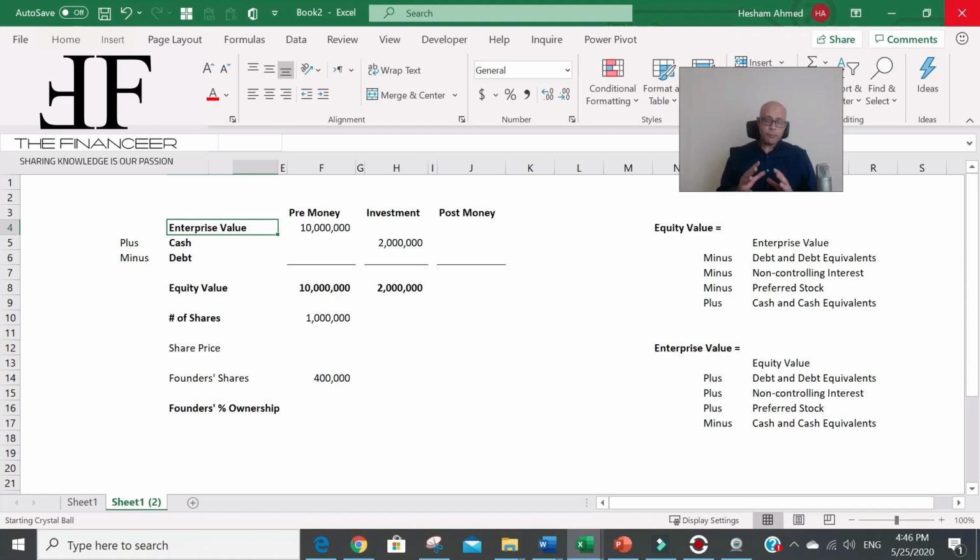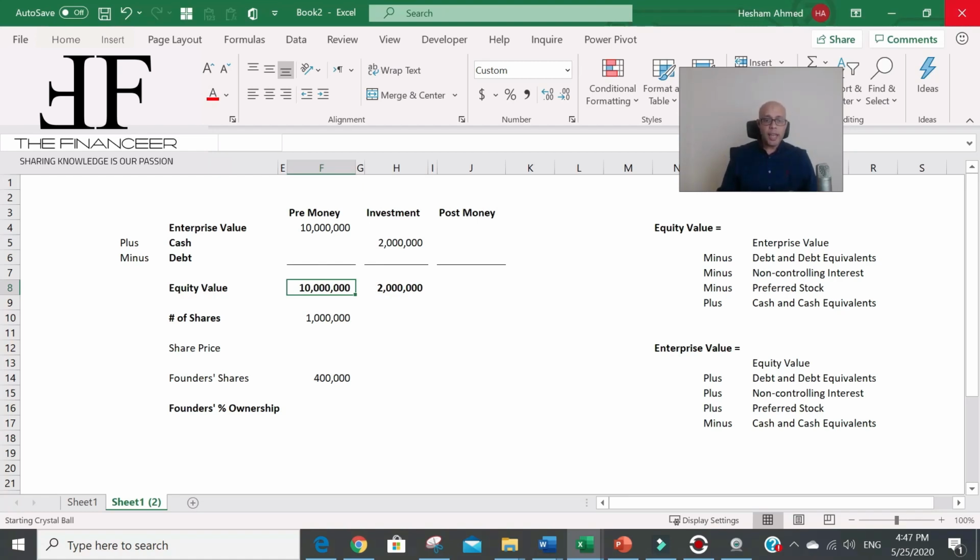Now, let's take a short example. Assume that you have a company now, and you put some capital and you have some investors, so you have some equity in this company. How much equity? We assume that the equity is $10 million, for example. So this is the market value of the equity. This is the number of shares times the market share price. So this is the total value of the equity as per the market price.